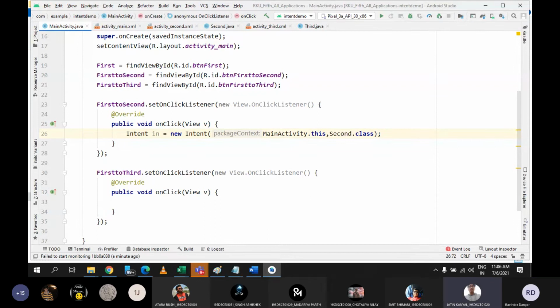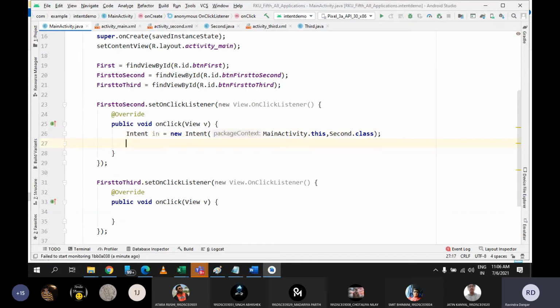सर ये क्लास क्यों लिखा वो नहीं समझ आया. Yeah, see, Second. we are going to refer the second.java file, but we cannot write second itself, because whenever we compile the entire application, for each Java file, it will create a class file. If you remember, in Java also we were discussing that once you compile any Java file, it will convert your entire code into the class file, in which there will be bytecodes, which is understandable by machine only. Yes, sir. Fine. So that is why to refer that file, we need to use second.class.